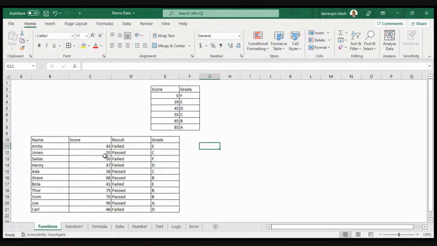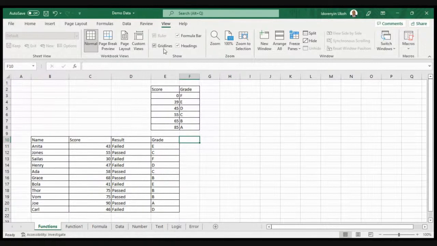All right, so I have this data already here. So I'll clean this out so I can have another cell. Let me bring my grid lines back. I'm going to have another cell.